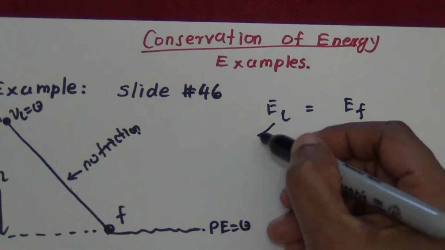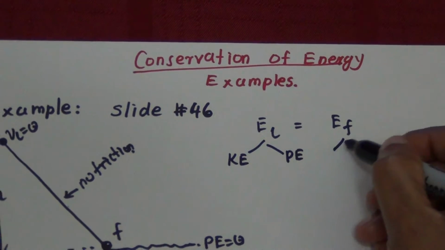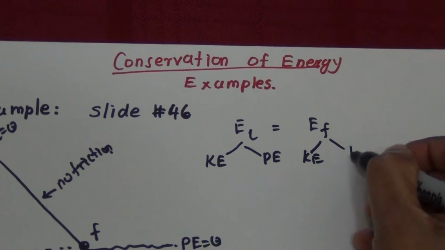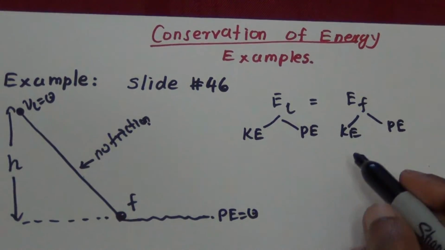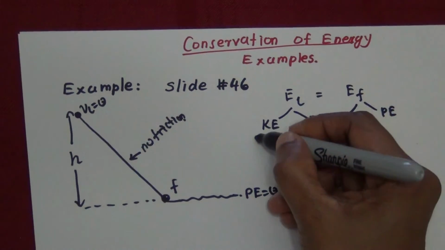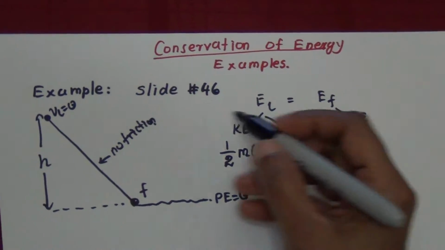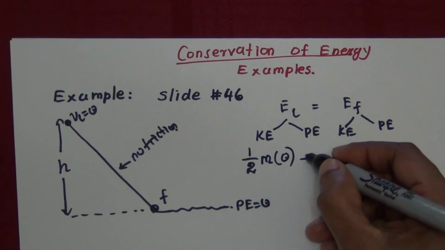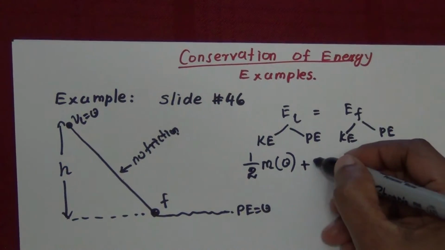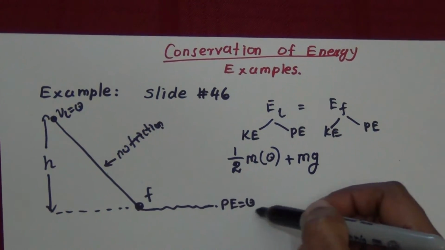A total energy will have kinetic and potential. This has kinetic and potential. So what is the initial kinetic energy? You know, the kinetic energy is 1/2 mv squared. The velocity is 0 here, so it is 0, plus the potential energy mg, h from the 0 potential